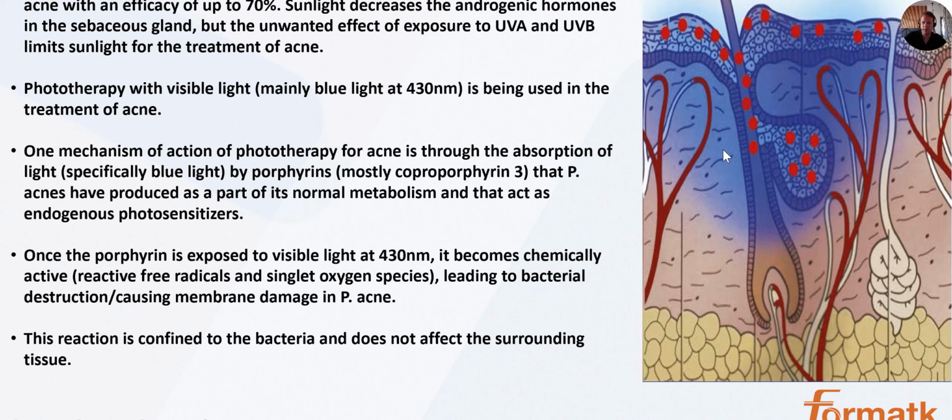It absorbs light at 430 nanometers, and when the light hits it, it becomes chemically active. There are free radicals and reactive oxygen species that lead to bacterial destruction, causing membrane damage in the P. acne, and the P. acne dies. If you have less P. acne, then you have less acne in general,